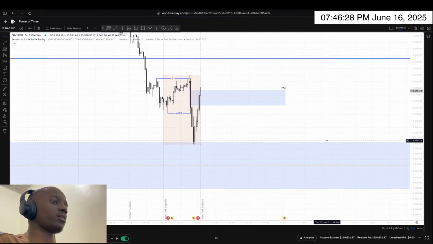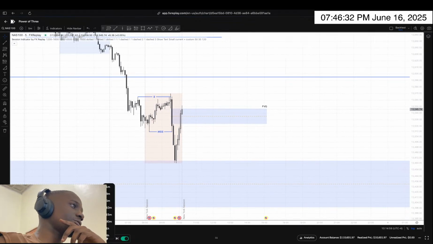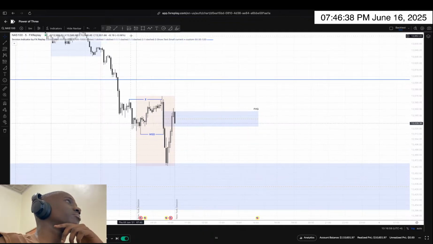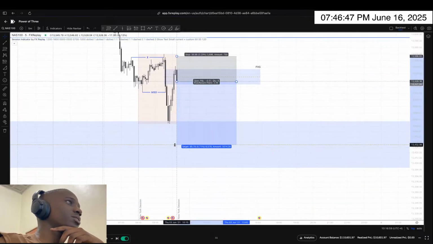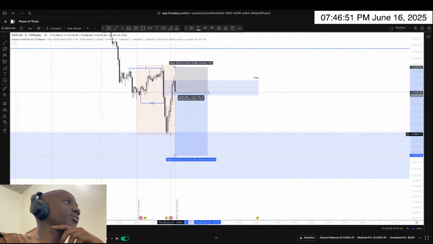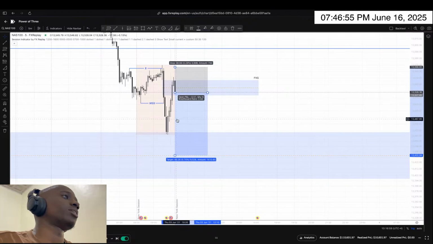You can see how the candles are expanding one after the other. So if I see a rejection, then I would like to take an entry. Okay, you can see that we're rejecting now, which means we can place our entry, a sell. Stop loss will be right there, and my target would be at least the midpoint of the order block, where I would like to take partials or even close the full entry depending on how the market is reacting.